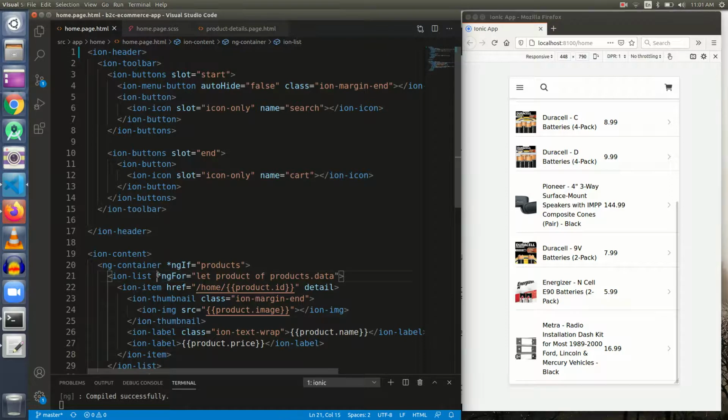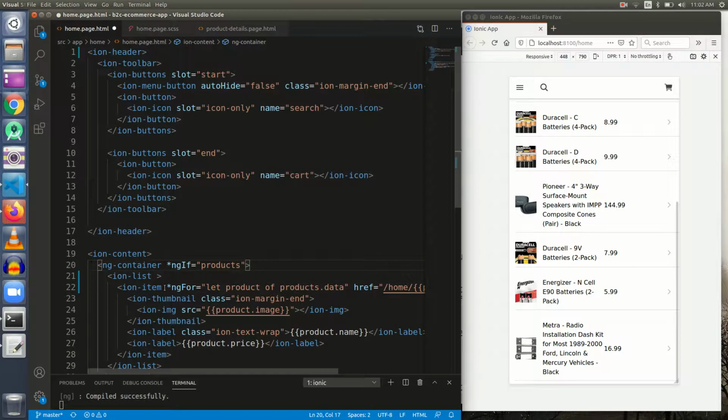So we need to put this ngFor in the UI component that we need to iterate, and that is ion-item. So I am cutting it from there and pasting it here, and now what happens, there will be one ion-list and 10 items. What was done previously, there were 10 lists with one item each.